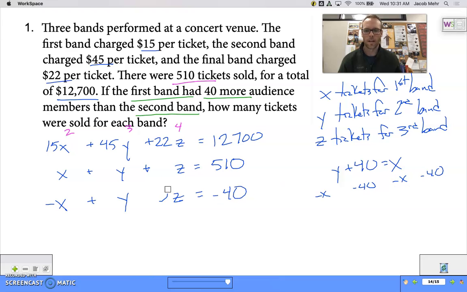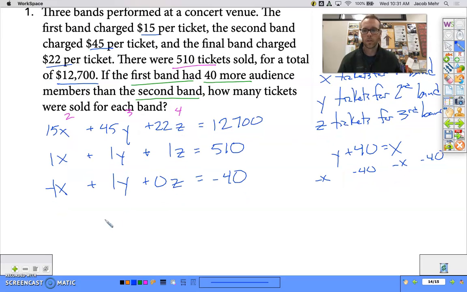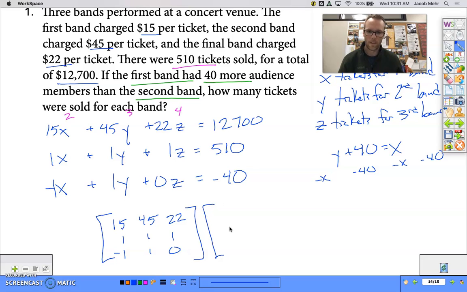Now you might just write it like this. Okay, that's fine as long as you remember in your matrix there's actually 0 Z's. Okay, these are all 1s, right? These are negative ones. Now we're ready to set up our matrix. So, coefficient matrix, 15, 45, 22, 1, 1, 1, negative 1, 1, 0. Times our variable matrix, x, y, z,